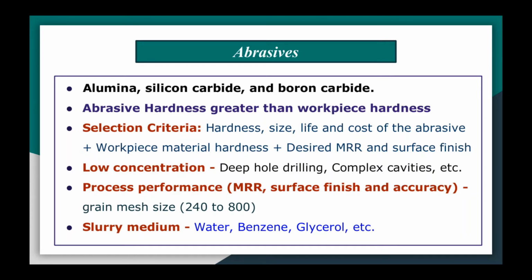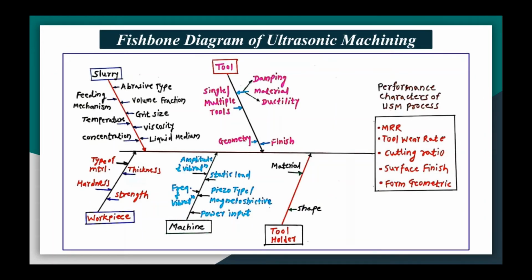Okay, now let us briefly discuss the parametric analysis of this ultrasonic machining process. There are various parameters which affect the performance of the ultrasonic machining process. Here I have just mentioned some parameters, as well as responses with the help of which you can evaluate the performance of this ultrasonic machining. Performance responses means material removal rate, the surface finish, and the accuracy.